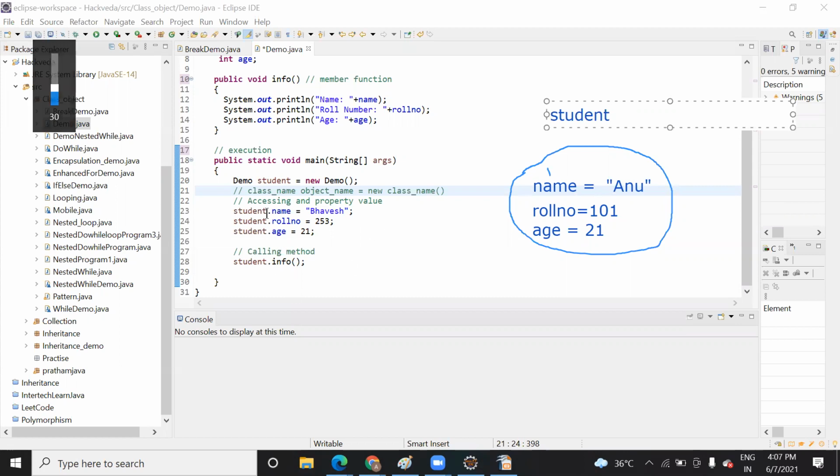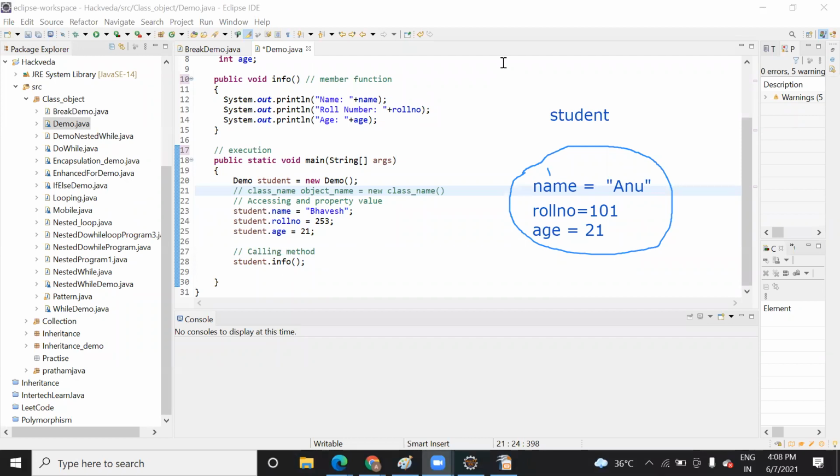This object will assign the values to these variables, and they will all be stored inside the object. With the help of this object you will call the method. As you call this method with the object name, the flow will go back to this method.